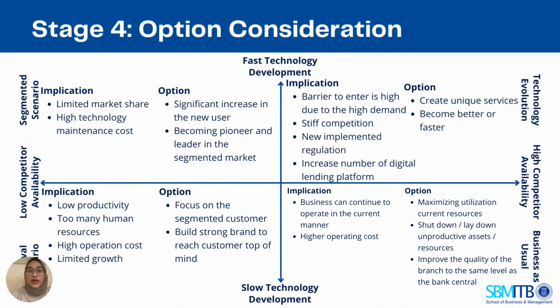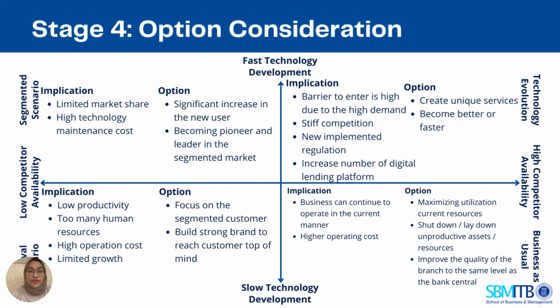Nevertheless, there are also implications for this method. It means that if we were in these situations, there would be low productivity, since we need abundant human resources that lack skills in comparison to the technology used by the other company. Since we operate using human resources, we also pay wages for the employees, hence increasing operation costs and limiting the company's growth.